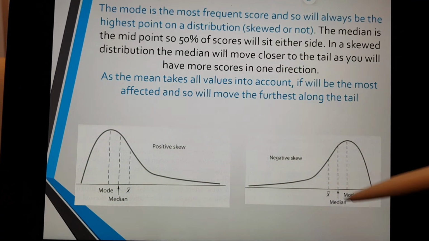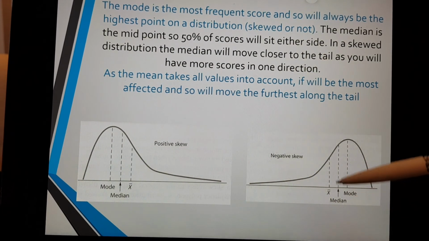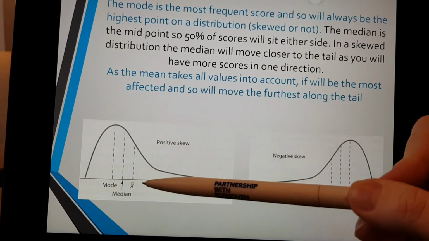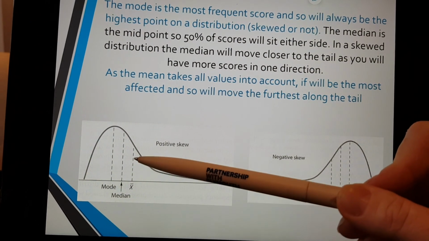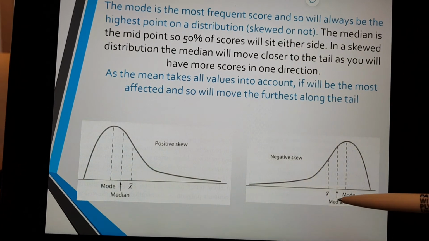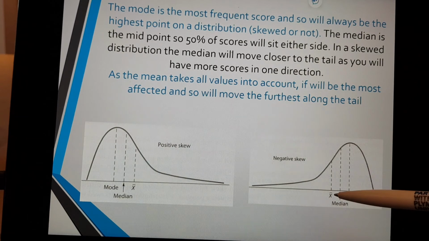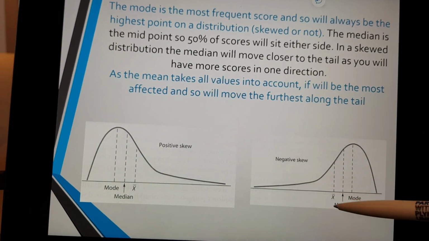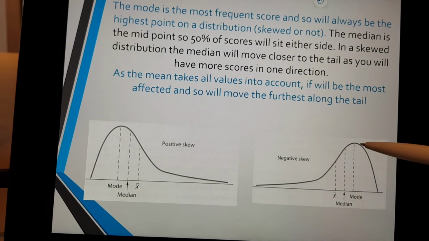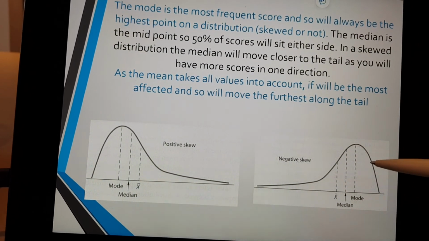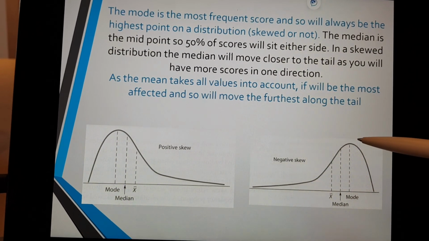And then the mean is the one that shifts around the most because it takes all scores into account. So you can see it follows the tail. Okay, so the median's always the one in the middle. The X with a hat, the mean, follows the curve, and then the mode is always the most frequently occurring value, so it's always the top of the curve. Okay, so the mode is always top of the curve, the